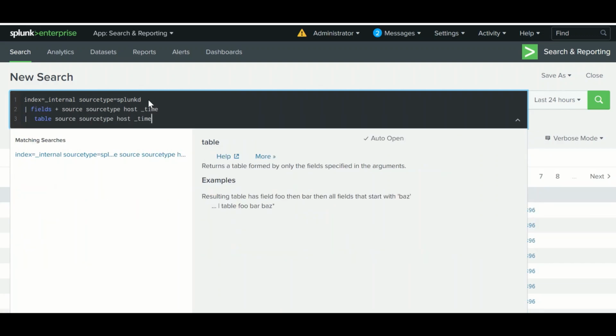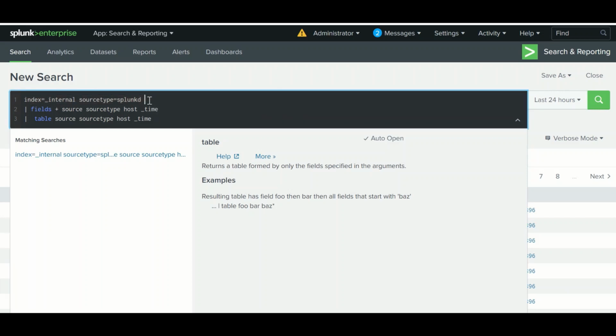It will also improve your search performance, because we are not performing any action on the whole index. Instead we are filtering on the basis of these fields and performing the action on that selected, filtered field.